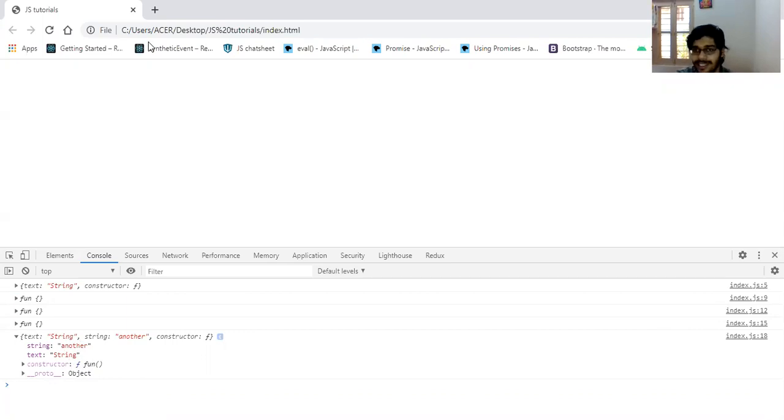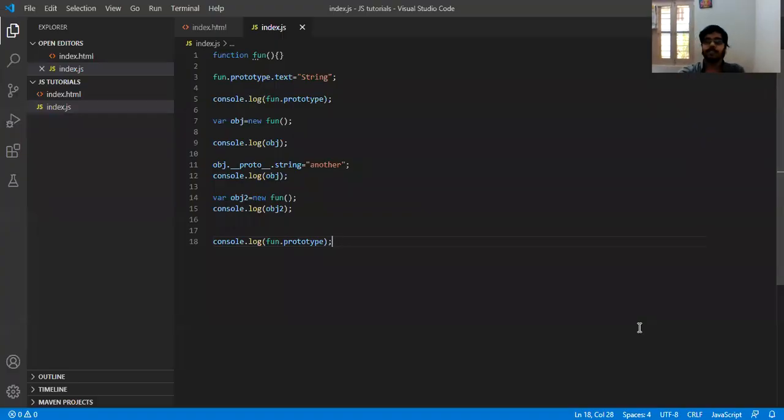As mentioned before, the advantage of using prototypes in JavaScript is that when you create new objects, the properties added using the dunder proto or the prototype property will be the same for every object after adding it. Well, you can also alter the original definition of the function.